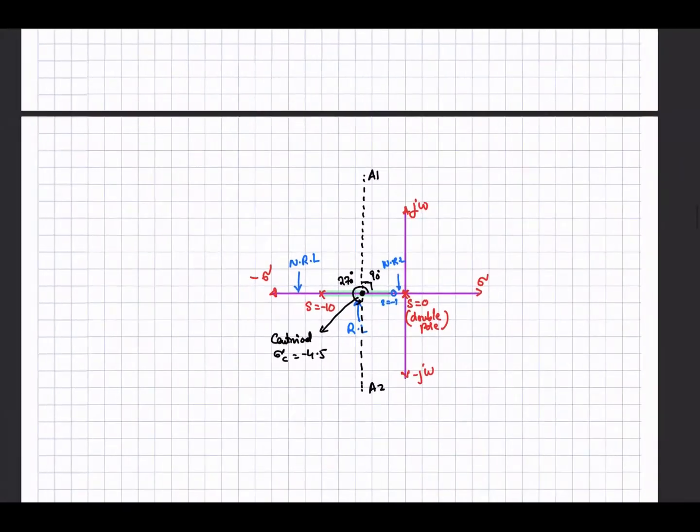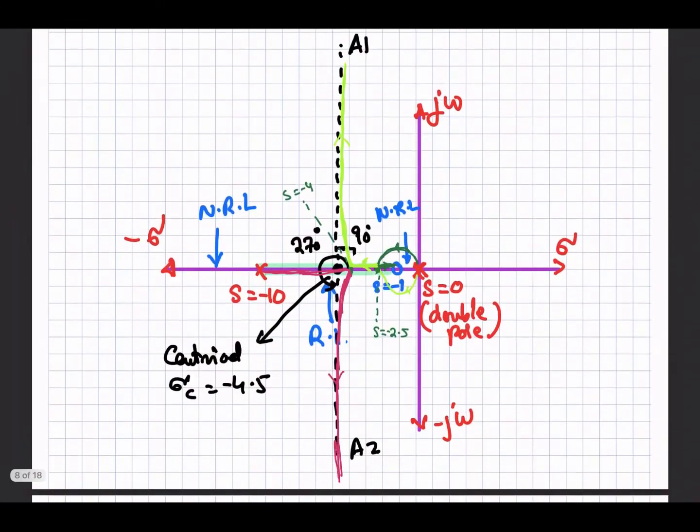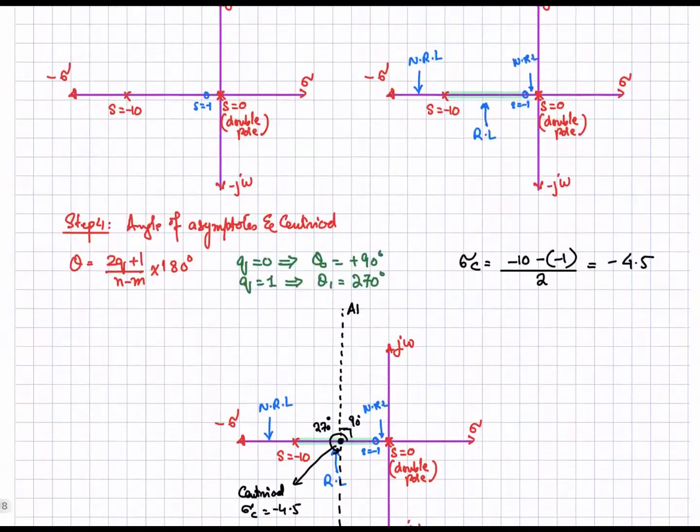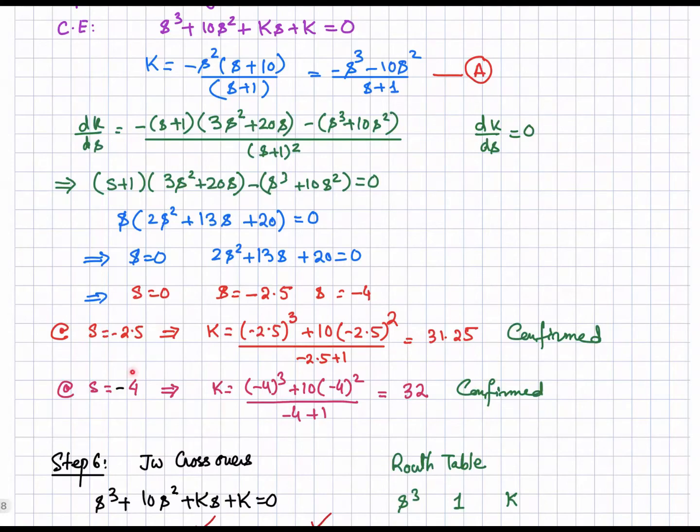So the root locus sketch for this system is given over here. This pole moves from here and comes to this position. This is the point s equal to minus 2.5. We have checked before whether it's a break-in or breakaway. It is a break-in at the moment because the poles are entering the real axis at this point, right? One pole is moving toward this 0 and the other pole is moving along this real axis, because this real axis is part of the root locus. So it is moving over here, and then there is the breakaway, and this breakaway is at point s equal to minus 4. This one point was at minus 2.5 and the other one is at minus 4.